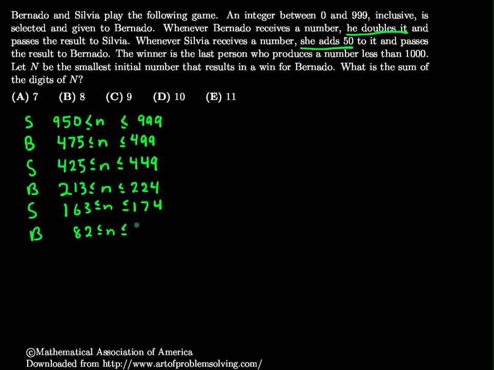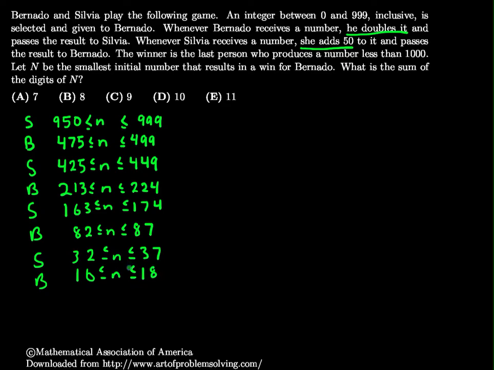All right, don't round it at all. Sorry, it's even, so I can divide by 2. Okay. And if Bernardo got these numbers, the numbers Sylvia got were 50 less, 32 less than or equal to n, less than or equal to 50 less than this is 37. And if Sylvia got these numbers, that means Bernardo got numbers half of that, 16 less than or equal to n, less than or equal to 36 divided by 2 should give me 18.